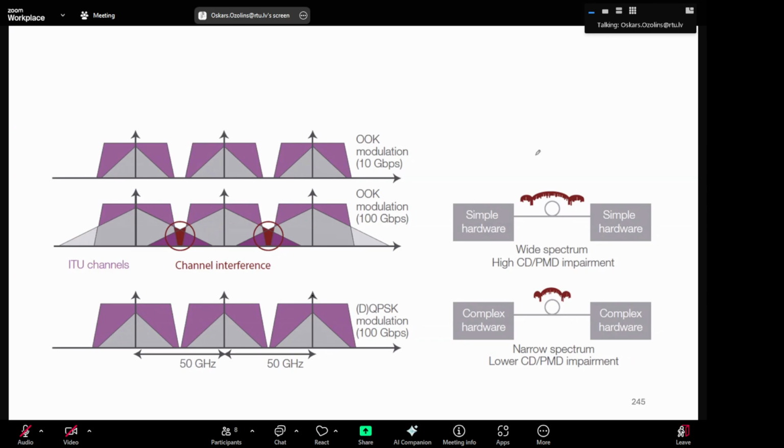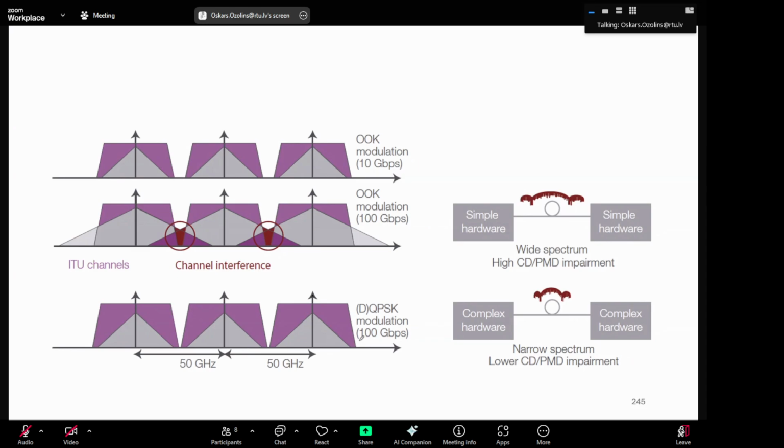For coherent modulation formats, you have more complex hardware, but then you get a narrower spectrum, so it has a lower impact from chromatic dispersion and polarization mode dispersion. And in addition, with these coherent optical modulation formats and coherent detection, unlike in intensity modulation direct detection systems, where you get access only to intensity,